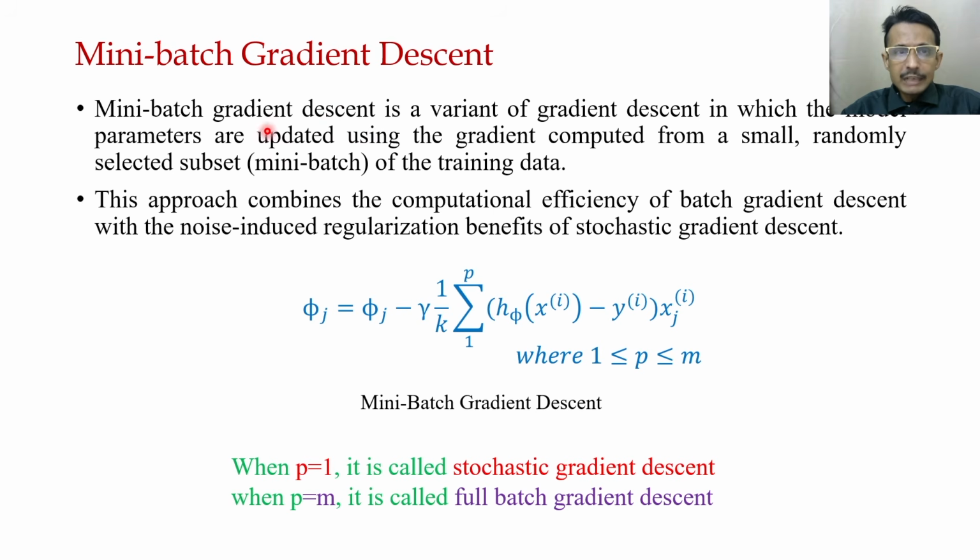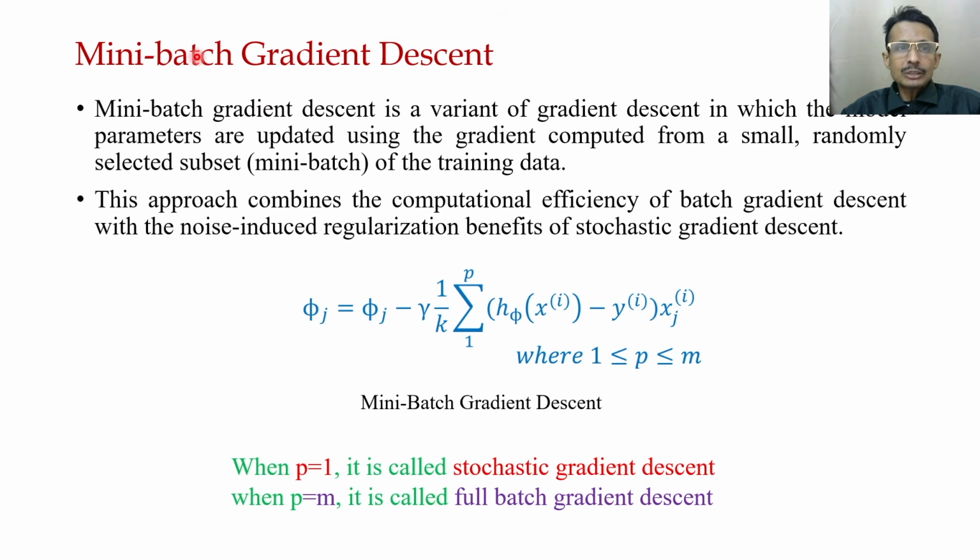But in between, if the number of data points considered per iteration to get an update is p, where p is less than or equal to m but greater than 1, and we choose this p very judiciously,